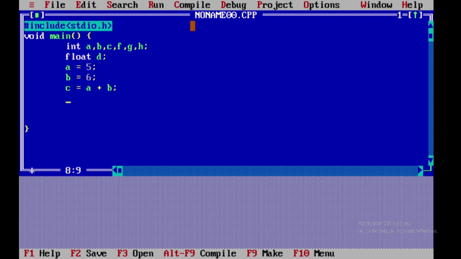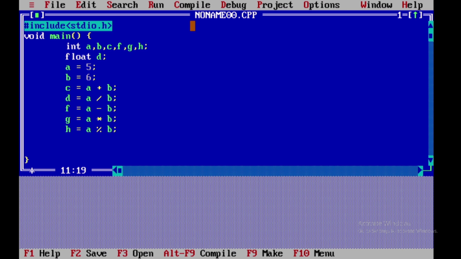So d will be used for a divided by b, right, f is an integer, a minus b, then g is equal to a multiplied by b, then h is a modulus b, so that is here, right? So we will understand what that is.